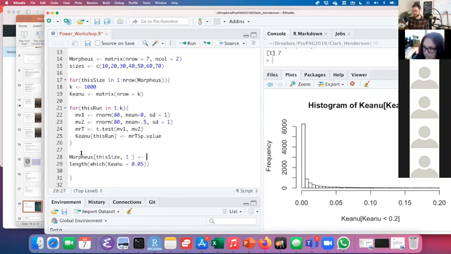We're just going to go sizes and then square brackets, sizes this size. There are quick ways to do this, but I'm just trying to show how everything fits together. So what this is going to do is on the first run, it's going to put into Morpheus's first row of the first column 10, and then on the second one it will put in 20, straight ahead. We're then going to copy and paste that, and in our second column